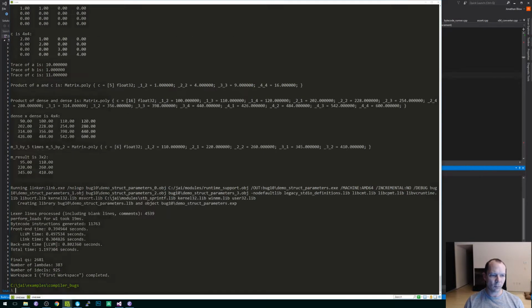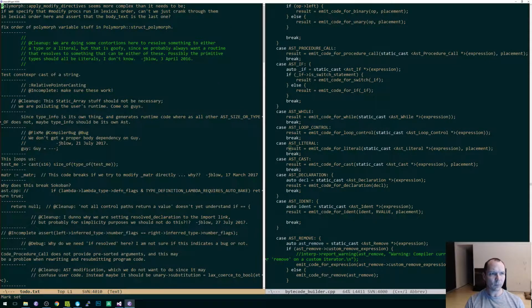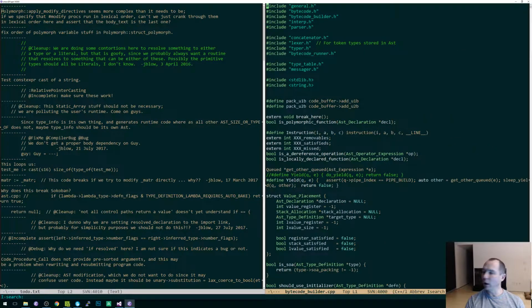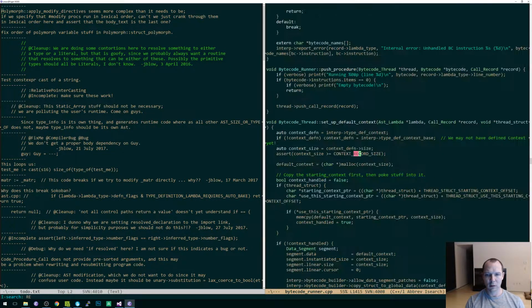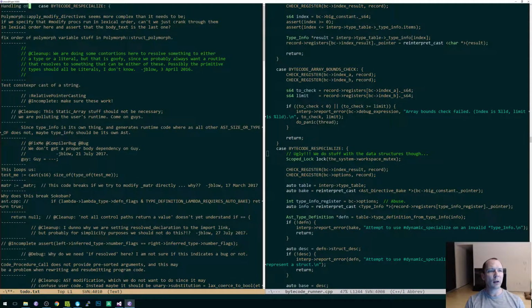There is a note that I want to make, which is the following, from stuff that we did earlier today. Handling of bytecode respecialize should probably be made more robust.